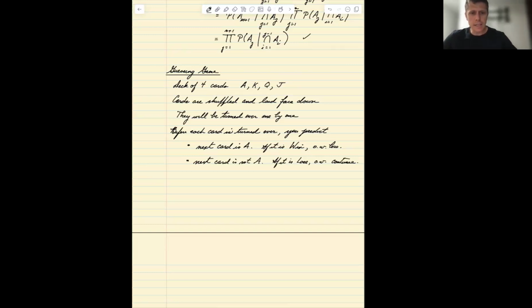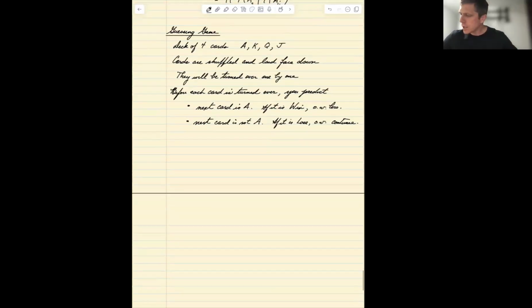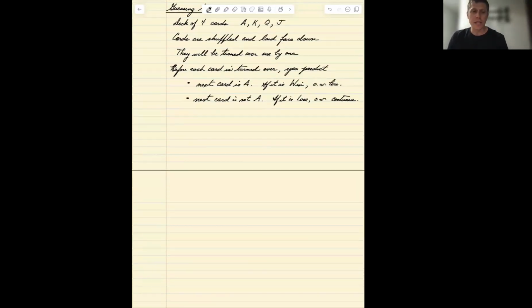We're trying to analyze this game. So the question is, what's your optimal strategy to win this game, and what is your best chance to win? As a generalization, and we're actually going to do the general analysis, suppose there are n cards,